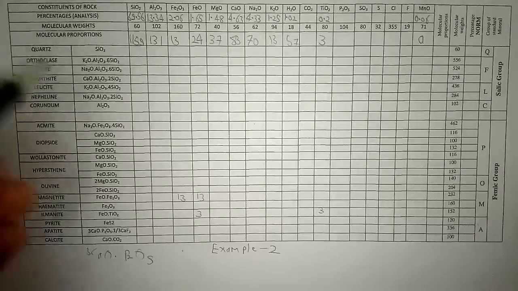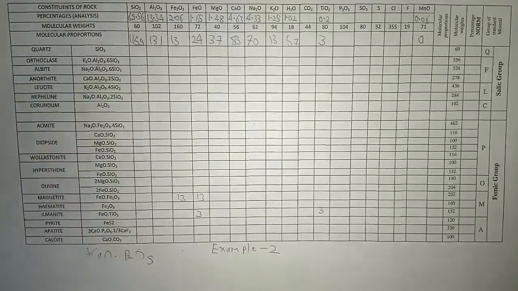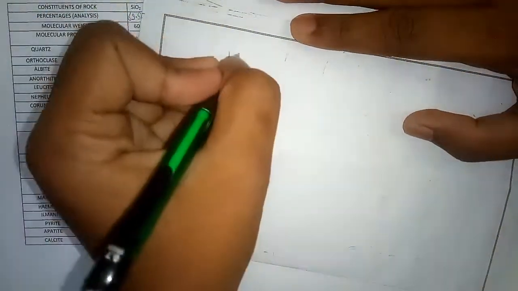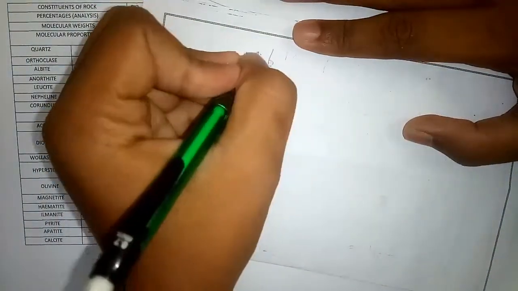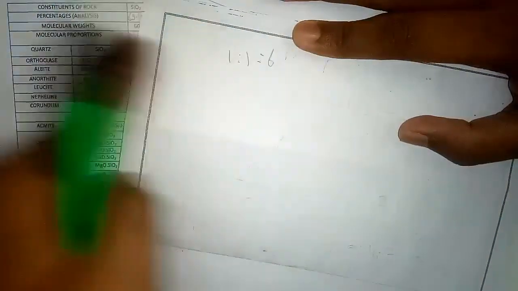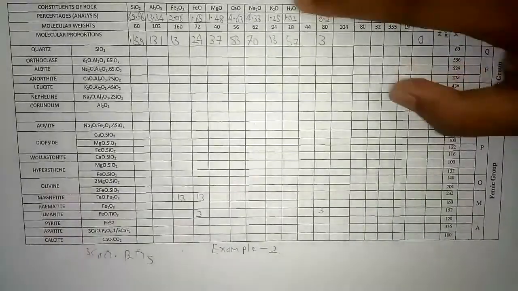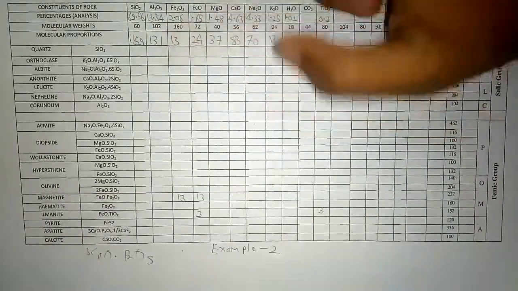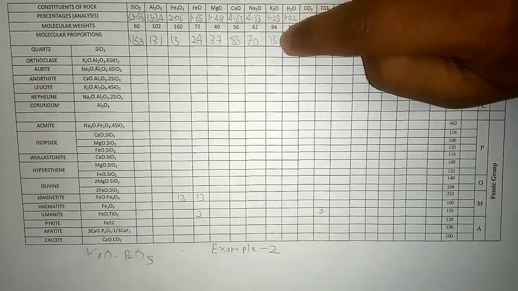So now we have to make orthoclase, right? I will show you in detail so that you can understand very well. See here, orthoclase, the ratio is K2O, Al2O3, SiO2. This means 1 K2O is taken, then 1 Al2O3 is taken, but 6 SiO2 is taken. So we have to take the minerals in the same ratio. So how much K2O do we have? SiO2 is plentiful, so no need to worry about it. We have Al2O3 131, but how much K2O? We have 13 K2O, right?